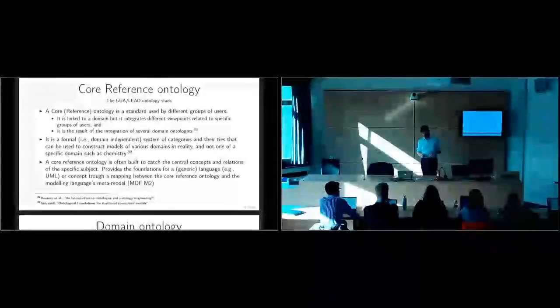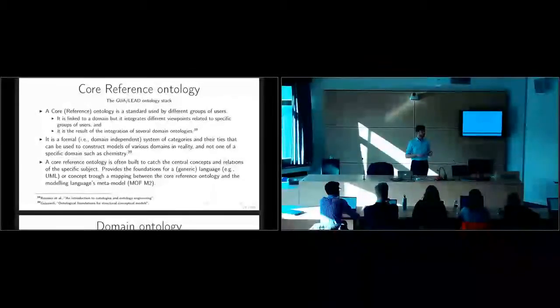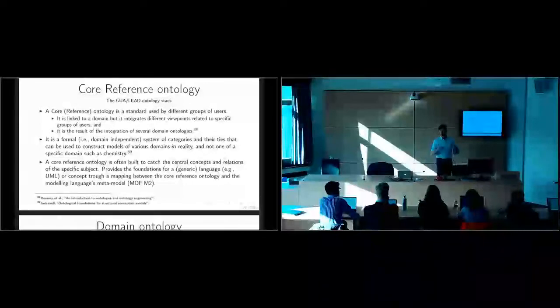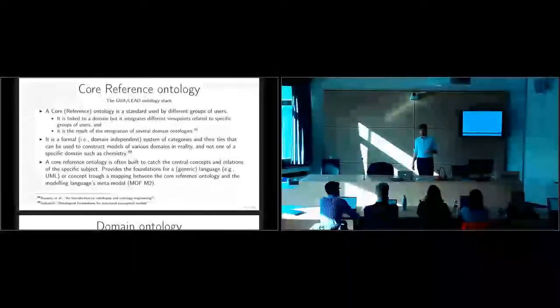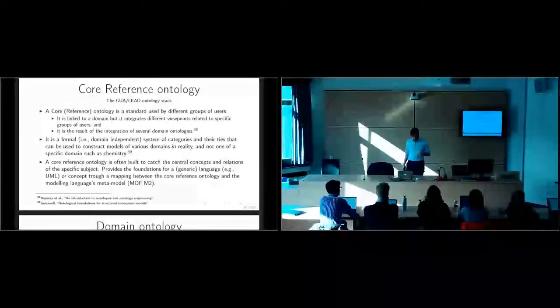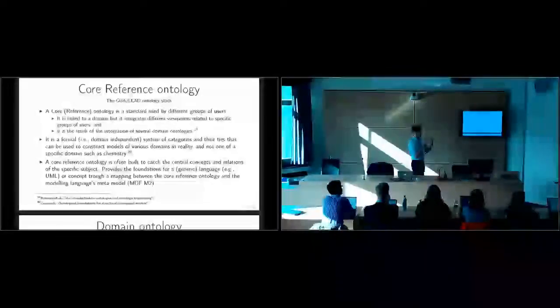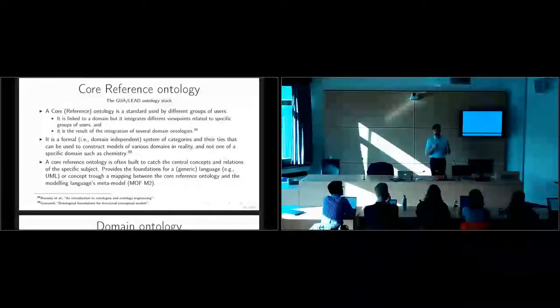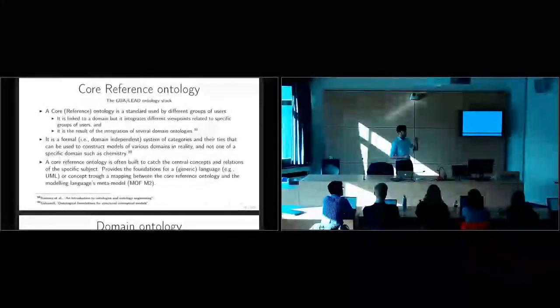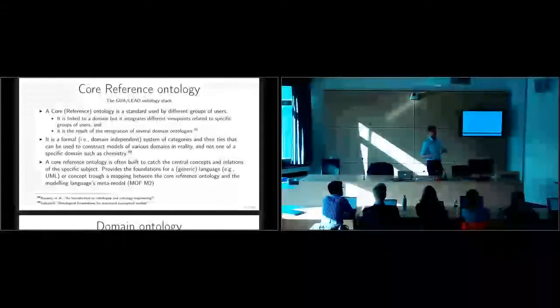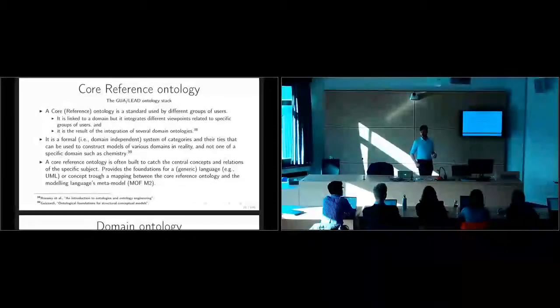Then that core reference ontology can be used in sales, in production, in acquisitions, in finance, in accounting. Those are all subdomains of business, but when they need to talk to each other, they need a vocabulary that is not constrained to their own specific domain. That is what is in the core reference ontology. So that's cross-domain language